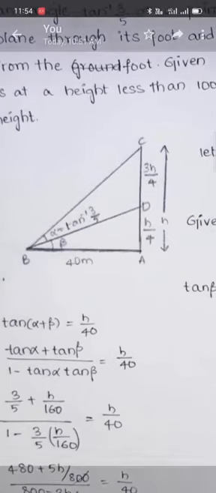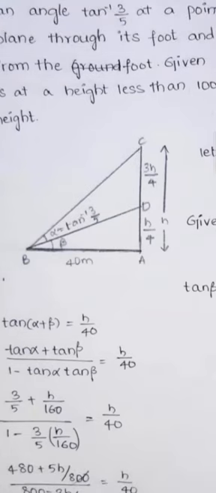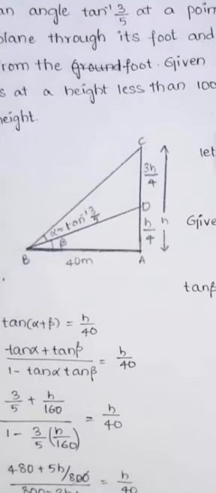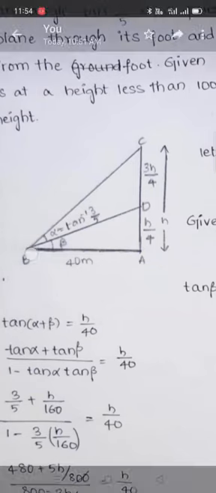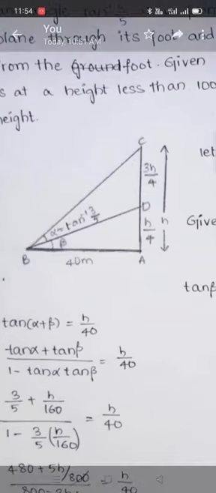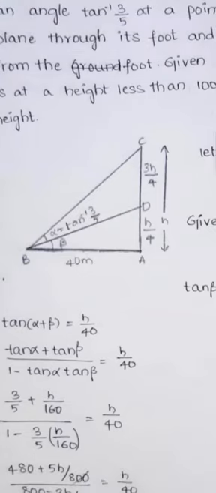First of all, AC bar is the pole. AC bar is what now? The pole. So we have to find the height of this pole, which means AC bar. I am assuming it is of length h. The height of the pole we are assuming as h length. And the horizontal plane is what now? AB bar is of length 40 meters. Here it is given in the problem: AB bar is equal to 40 meters.